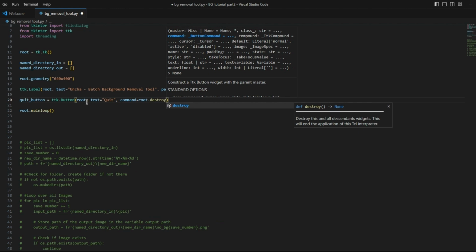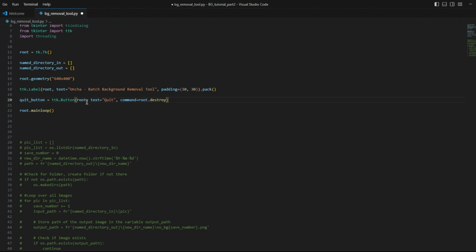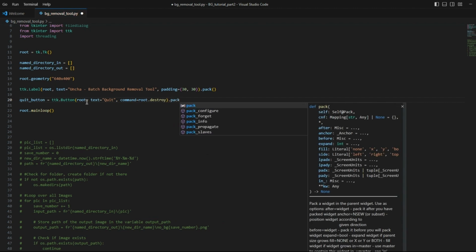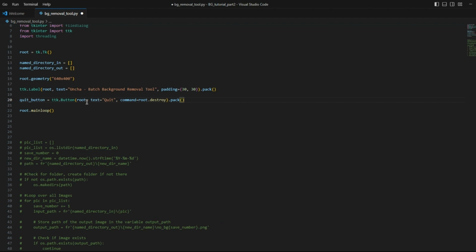You don't put parentheses on that function though. You just say root dot and then the function name. Of course, destroy is included in the library, but here we're going to make some functions ourselves in a little bit. And then this pack line says to put it onto the screen,